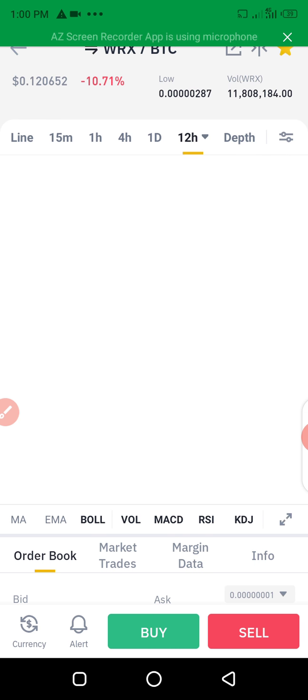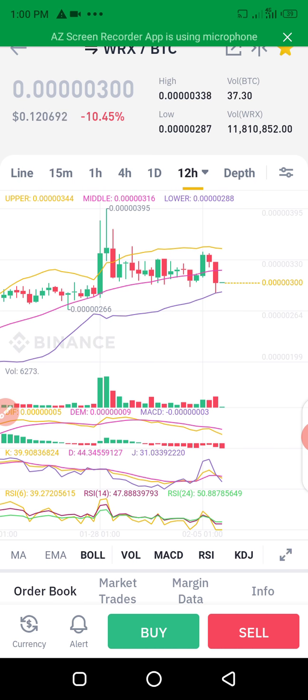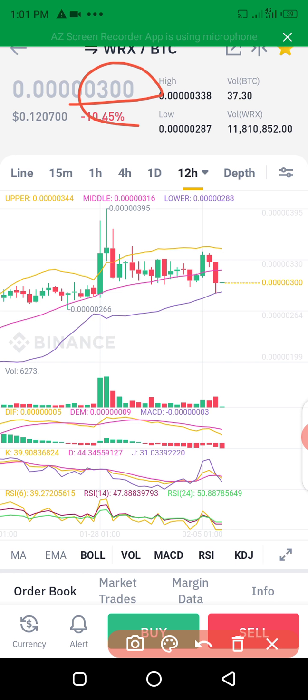As you can see here, this MACD line is the present chart, the present market. The 12 hours candlestick just closed at exactly 1 o'clock. Check the priority of this coin before 1 o'clock a.m. today. The priority of this coin remains downward. It will come and retest. The present price right now is 300 satoshi. It will come and retest this 288 satoshi. When it comes to retest this 288 satoshi, then